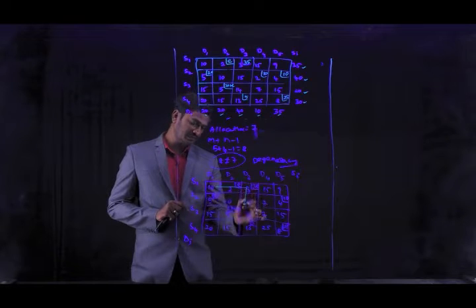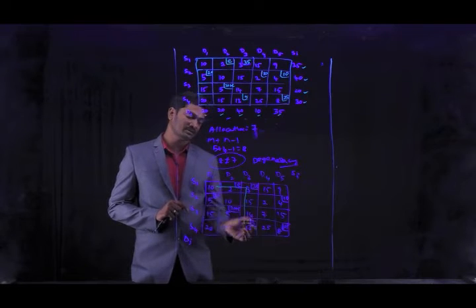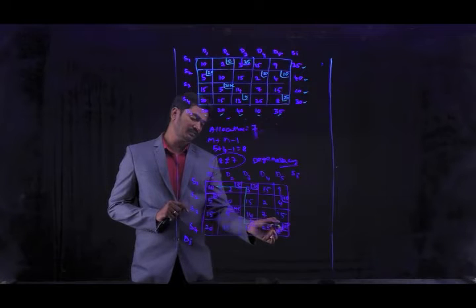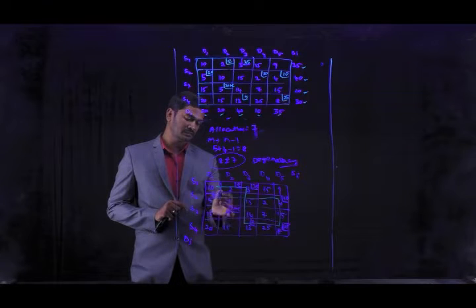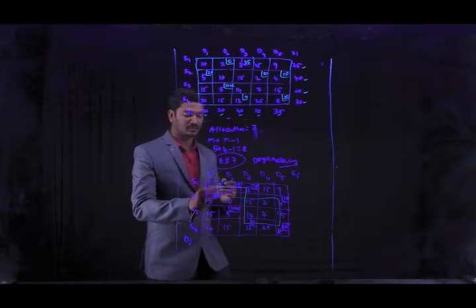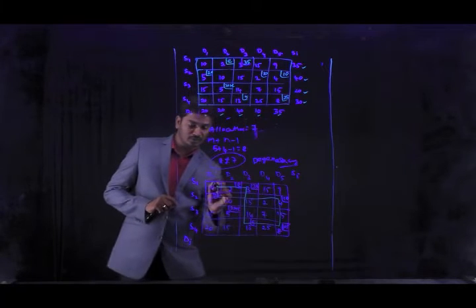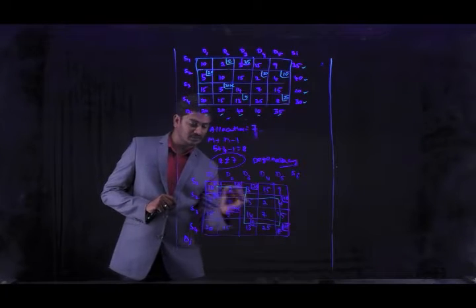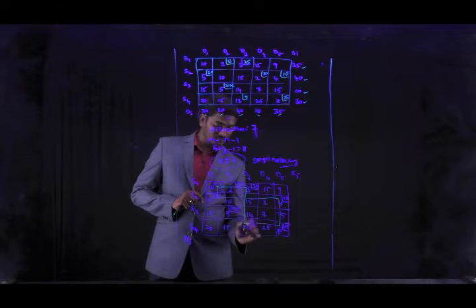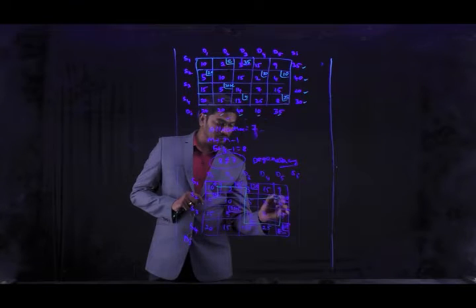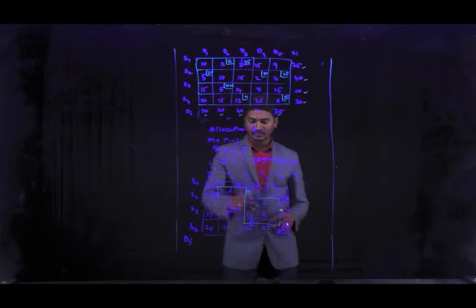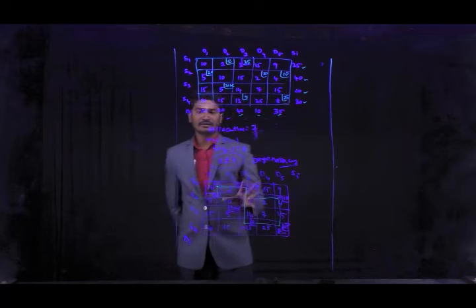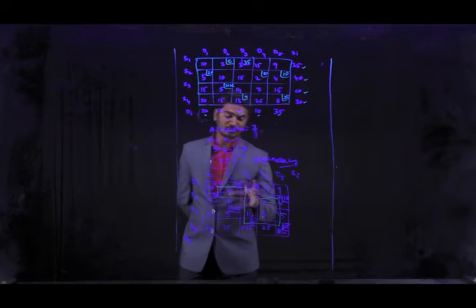Next we are searching for another allocation. Here we have another allocation. Then we are moving to this, and we are getting the allocation here. Next we are moving here, then we get here. Next we are moving to here. Okay, now we are going to give the signs: positive, negative, positive, negative, positive, negative sign. Now from this we are going to identify the minimum unit cost, minimum unit values.